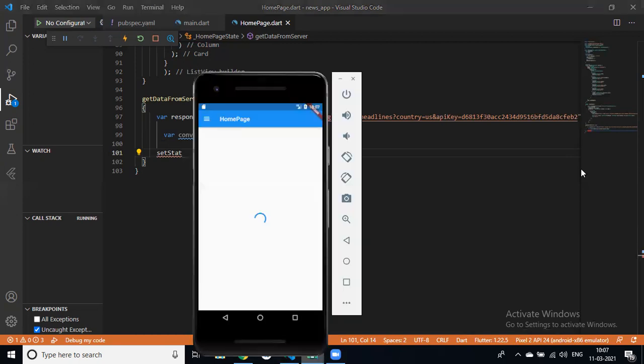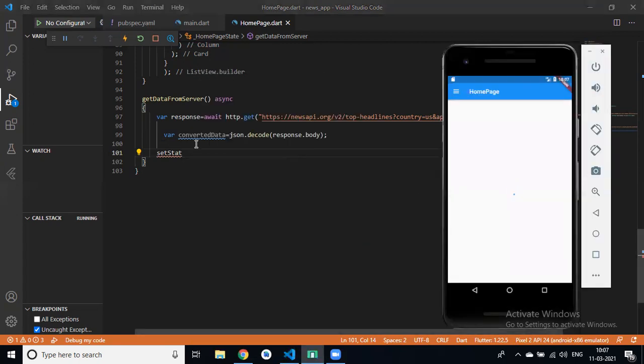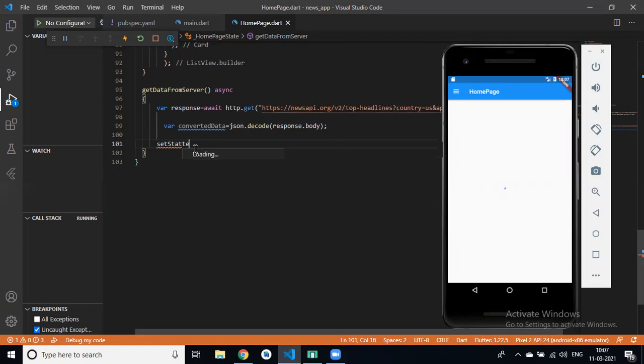So in setState, our circular progress indicator is loading and loading. Then here our data is equal to convertedData and our articles, right?